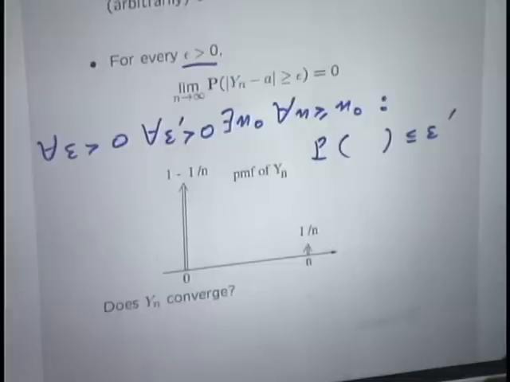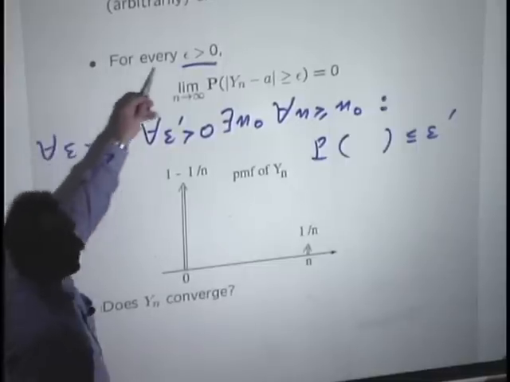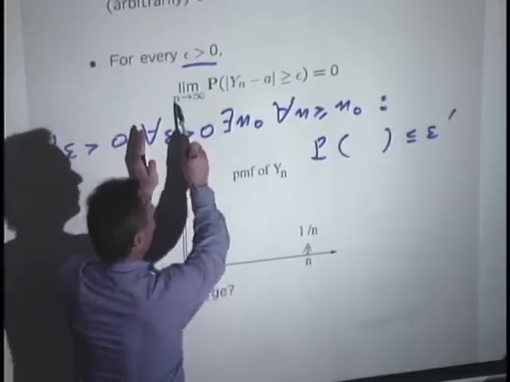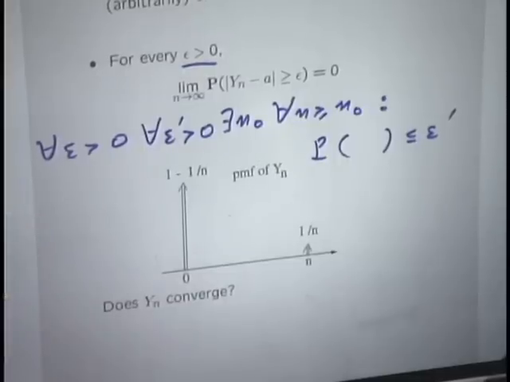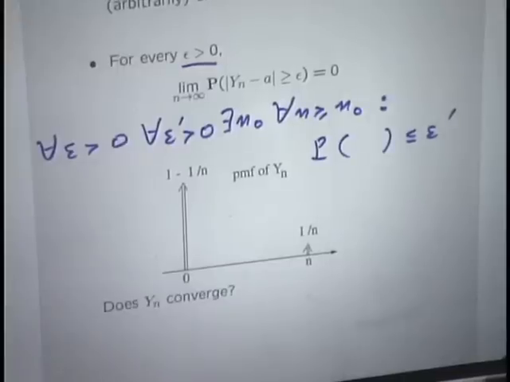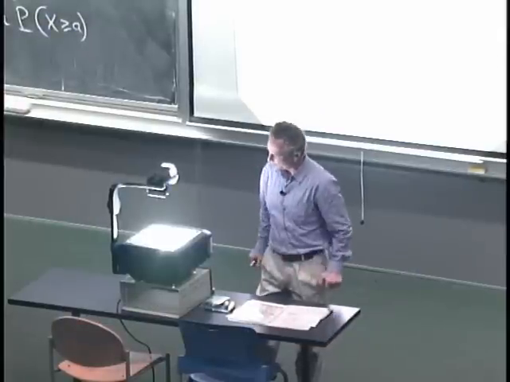So the mathematical statement is a little hard to parse. For every size of that band, and then you take the definition of what it means for the limit of a sequence of numbers to converge to 0. But it's a lot easier to describe this in words and basically think in terms of this picture. That as n increases, the probability of falling outside those bands just becomes smaller and smaller. So the statement is that our distribution gets concentrated in arbitrarily narrow little bands around that particular number a.